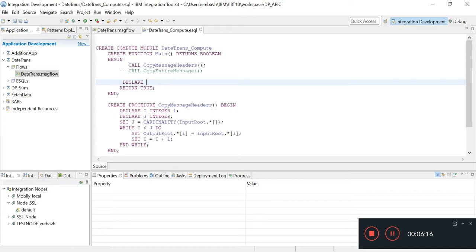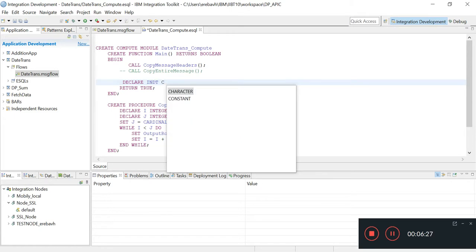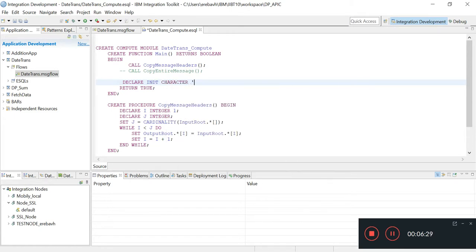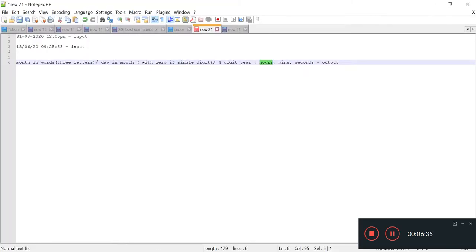Declare the input date, you can say INDT, input date. We are giving it as a character type, and we will copy our first sample date format.